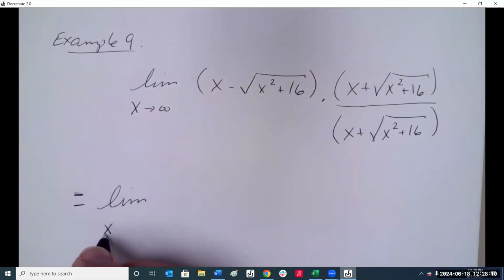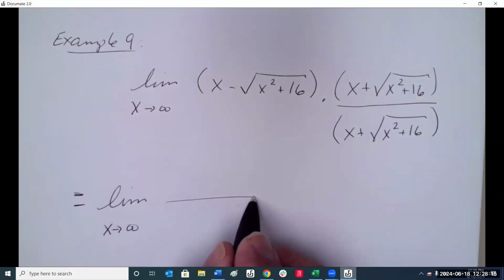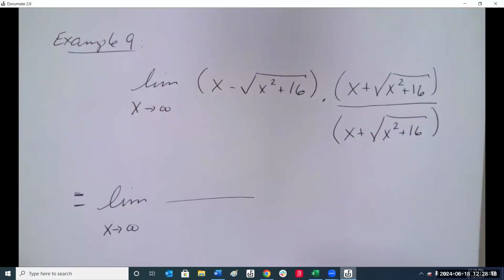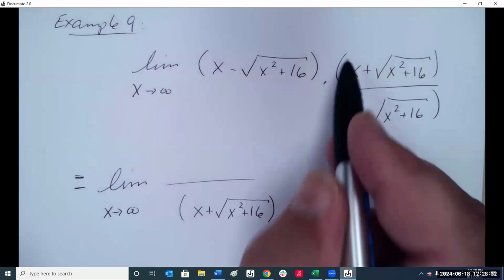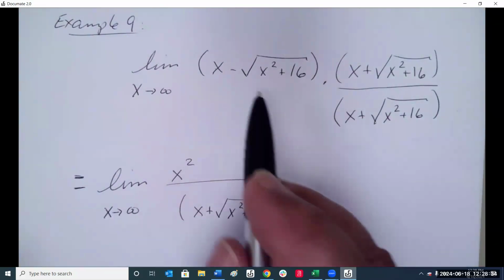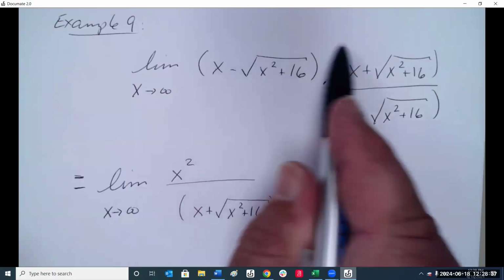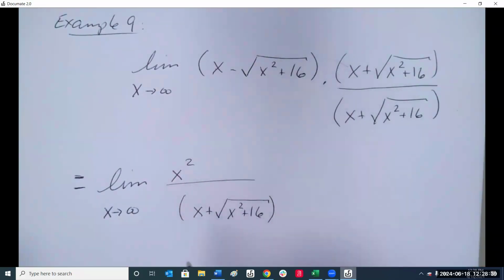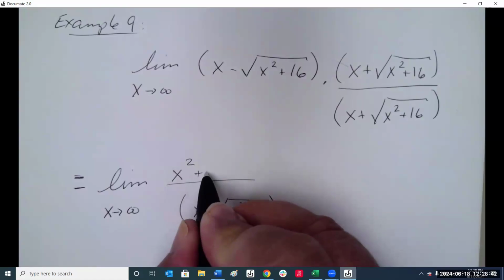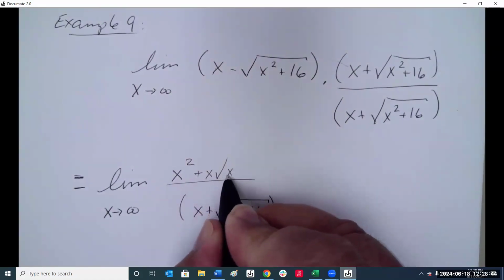So that becomes the limit as x approaches infinity. On the bottom is just going to be that. On the top, we have x times x is x squared. These cancel. We have positive x radical x squared